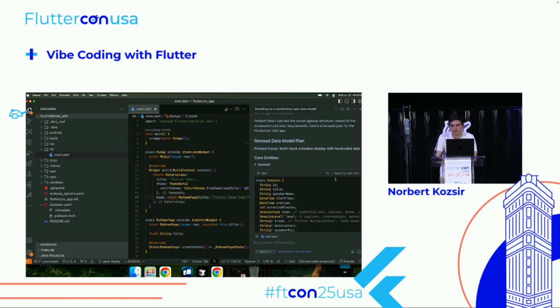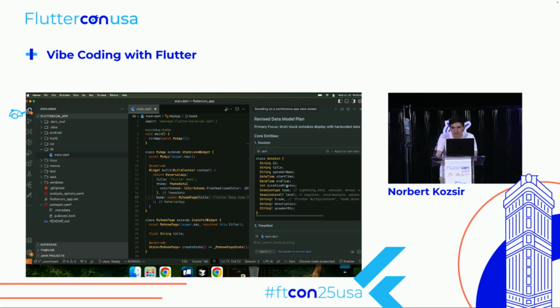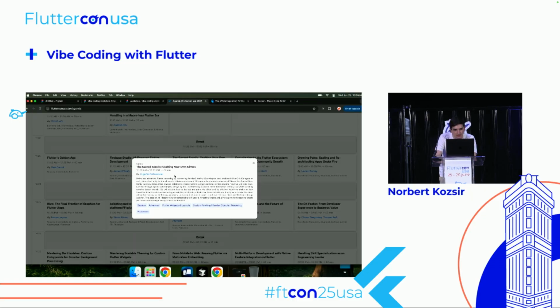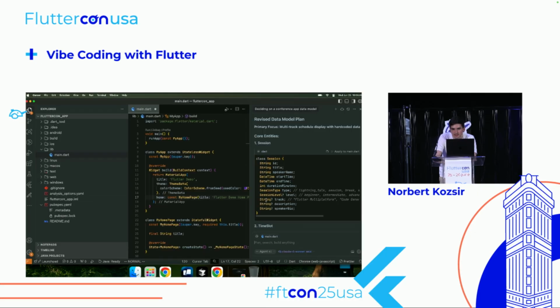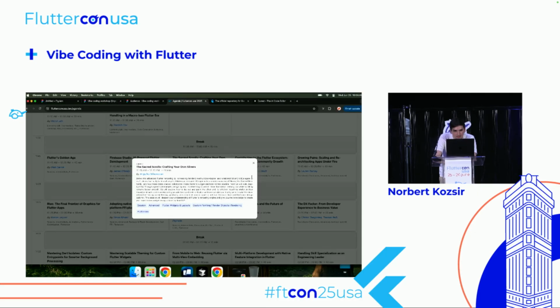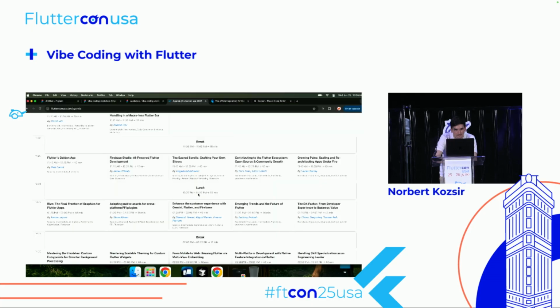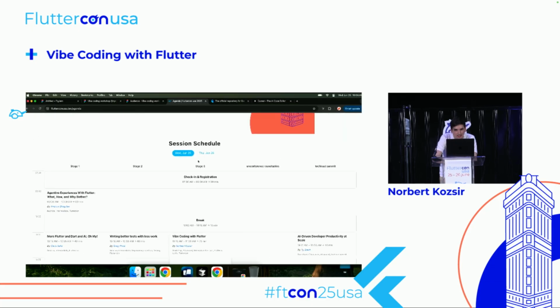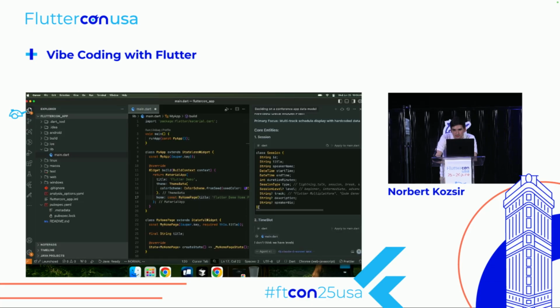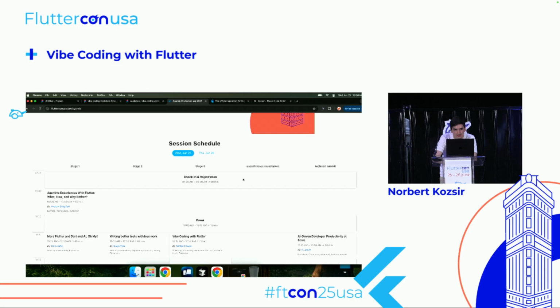So we have something proposed. We have a session, speaker name, duration, session time, type. That's fine. The level. I don't think we have levels. We have tracks, which are the different stages.